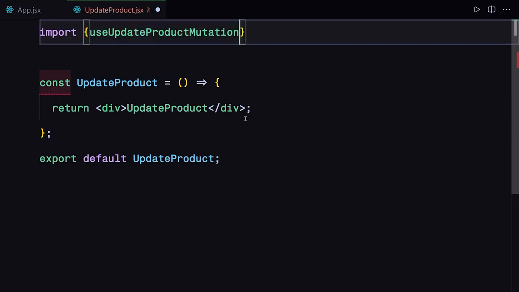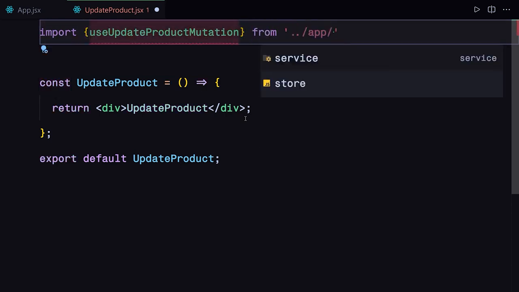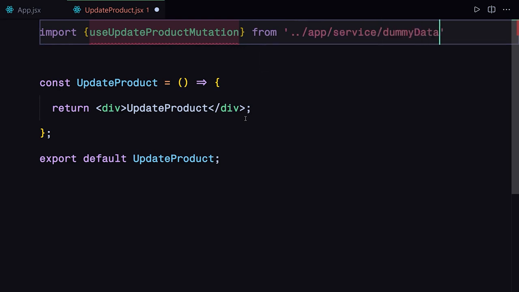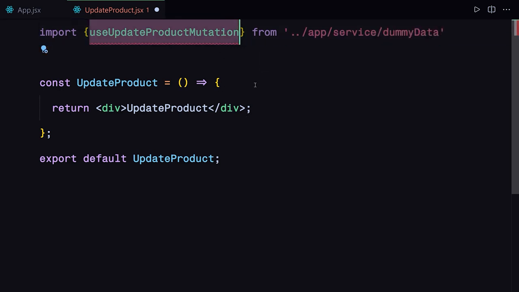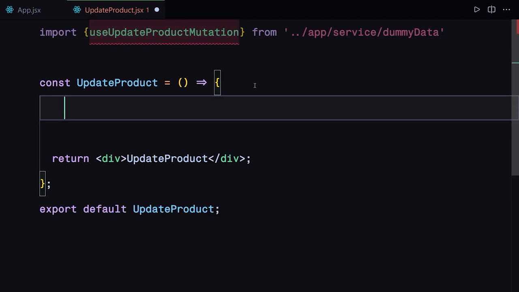So we are going to be importing that from where? Let's just go to the app, then we have to go to the service, then we have to select the dummy data right here. Okay, now let me just copy that, and you already know that we are currently working with the mutation, so